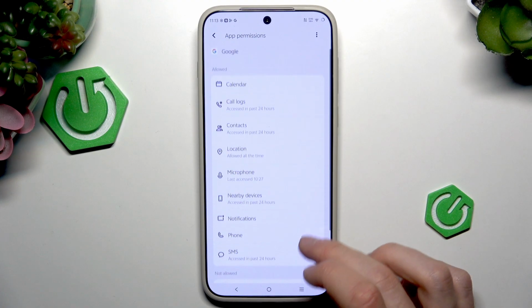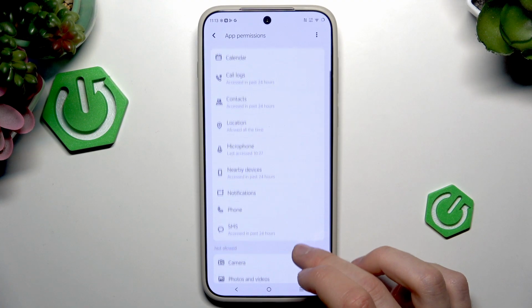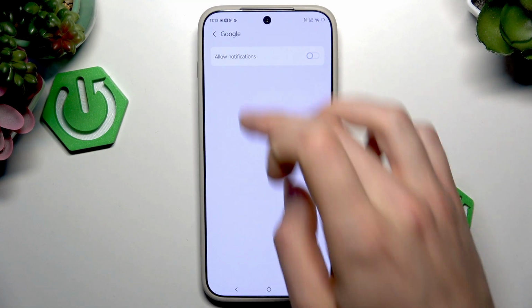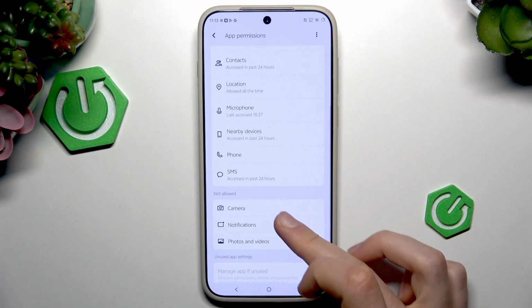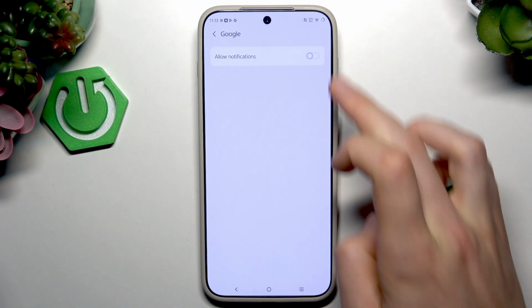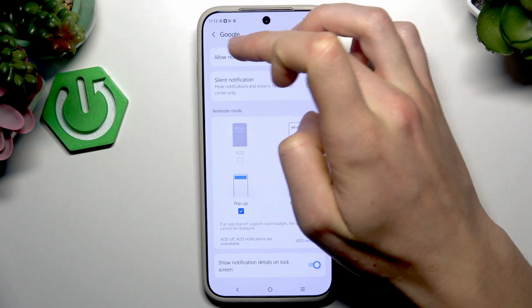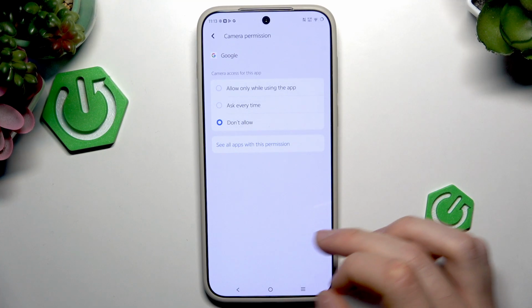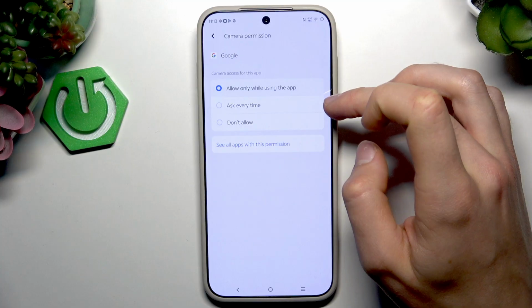And if you want to disallow something like notifications, for example, just click here and notifications are not allowed. And if you want to allow something, this is basically the same scheme, like allow while using the app,